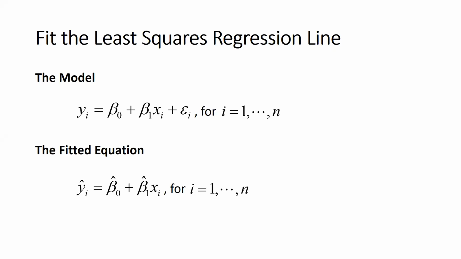Then I'll use standard formulas, or in this case, technology, to find the fitted equation. So this is when the numbers come into play. And so now instead of having a model, what I have are estimates for the slope and the intercept. And I use those to create predictions or fitted values, which are called y-hats.